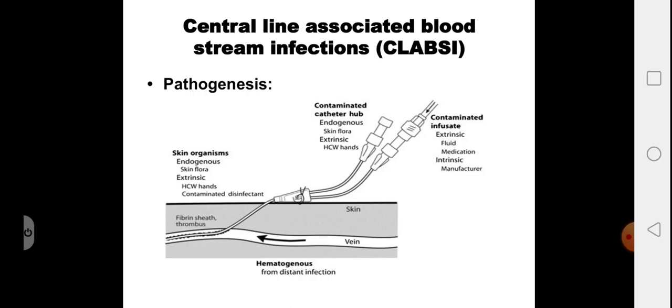Next, the intraluminal cause of infections is a contaminated catheter hub. Once you have inserted the catheter, the healthcare personnel will be handling the catheter hub for administration of fluids and to attach the IV administration sets. If proper aseptic precautions are not followed during this time and the catheter hub is not properly disinfected, then the pathogens enter intraluminally into the bloodstream. Next are contaminated infusates like fluids and medications, mainly lipid infusions, which can be contaminated with Malassezia furfur, and they enter the bloodstream.